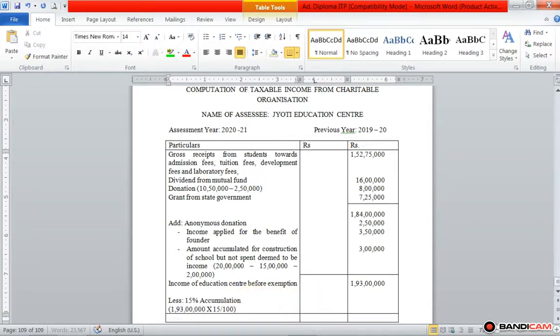In the inner column, that is into 15%, that is 28 lakh 95,000. Okay, so we kept aside an amount of rupees 28 lakh 95,000. Then less